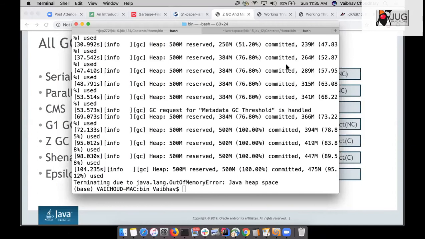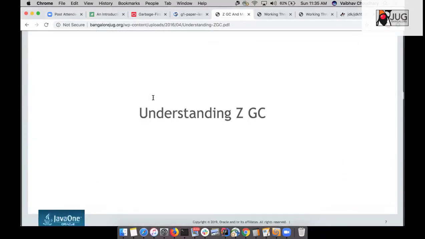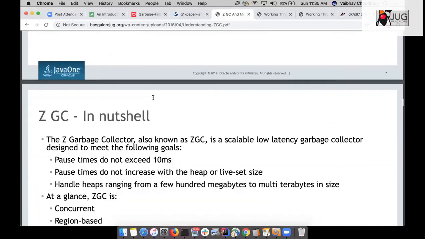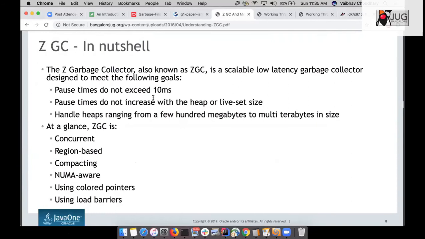Yeah. Okay, let me get into ZGC now. In respect of time, we will go a little faster. ZGC, okay, these are the details of ZGC. ZGC can never exceed a pause time of 10 milliseconds. ZGC pause time has no dependency on your heap size. So it doesn't matter whether your heap size is 2 GB, 2 terabytes, or 20 terabytes, it will never perform a pause of more than 10 milliseconds.